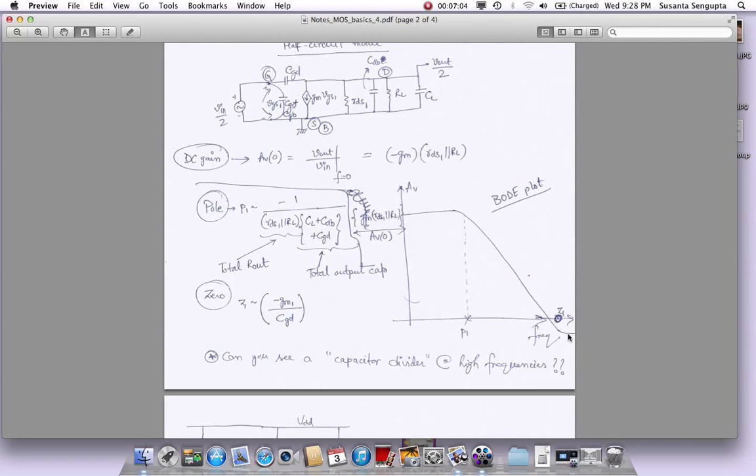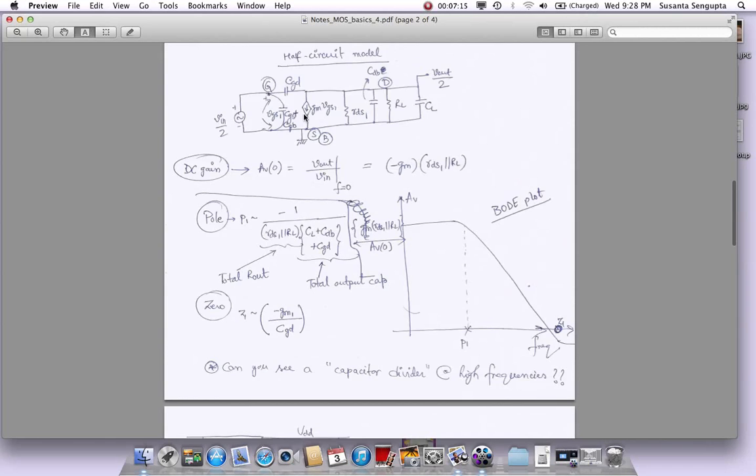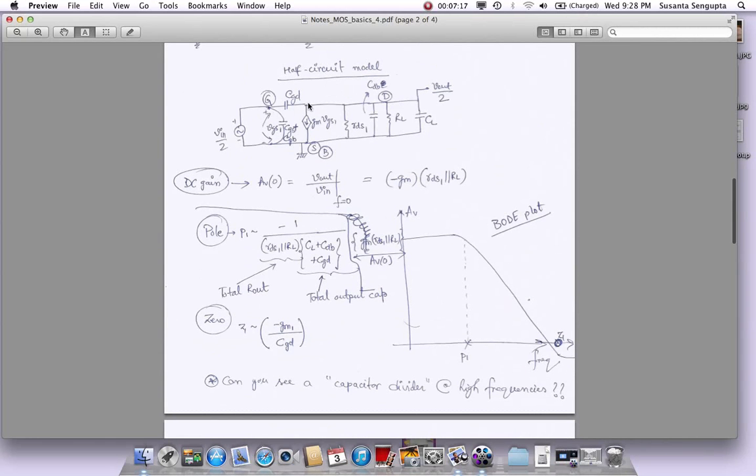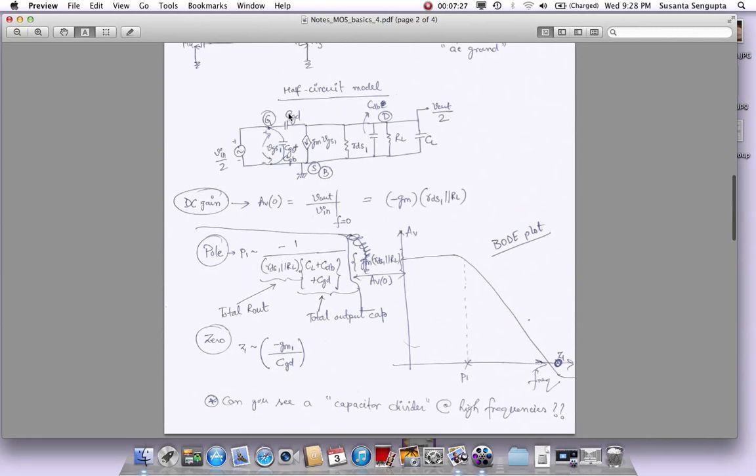Then something interesting happens, which is this circuit also has a 0. I told you we calculate the poles by looking at how many nodes there are, so that's true. We'll have another example where we'll go through this kind of qualitative analysis again to find the different poles there. But this circuit also has a 0, like many other circuits. And what causes a 0? Okay, so the way the 0 comes is